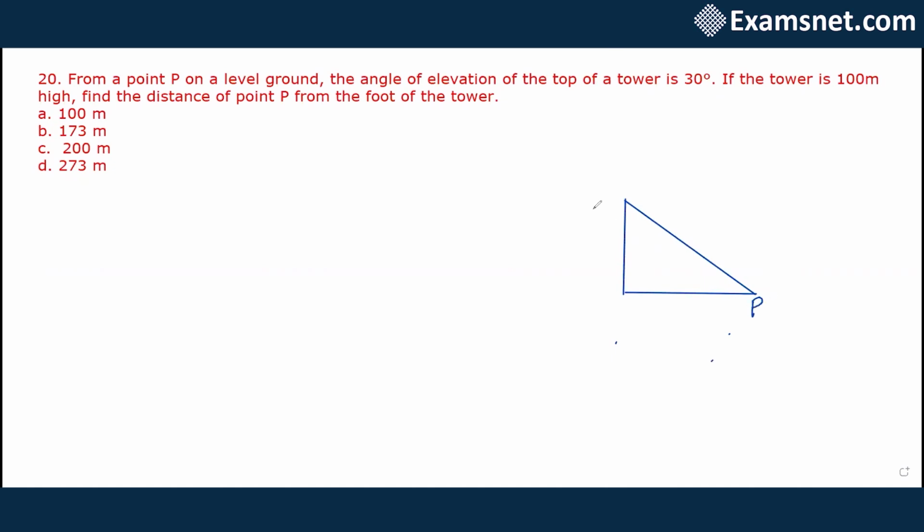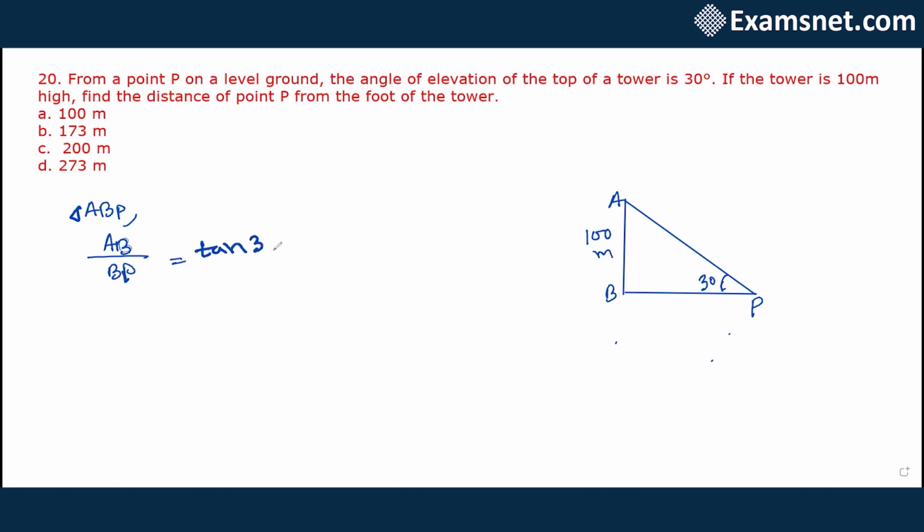So AB is the tower, P is the point, and the angle of elevation is 30 degree. If the tower is 100 meter high, so the length of AB is 100 meter, and here we are required to find the distance, the length of BP, that is the distance of the point P from the foot of the tower. So let's consider triangle ABP. AB by BP